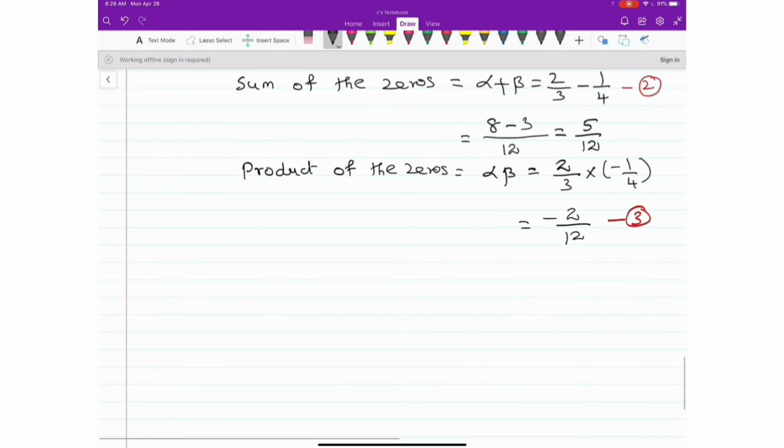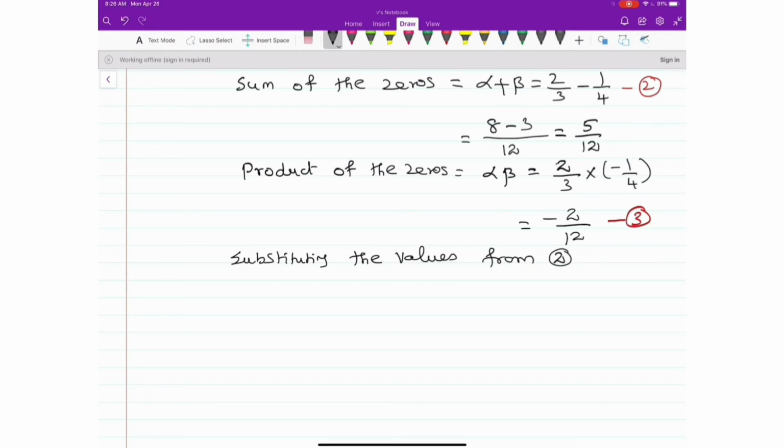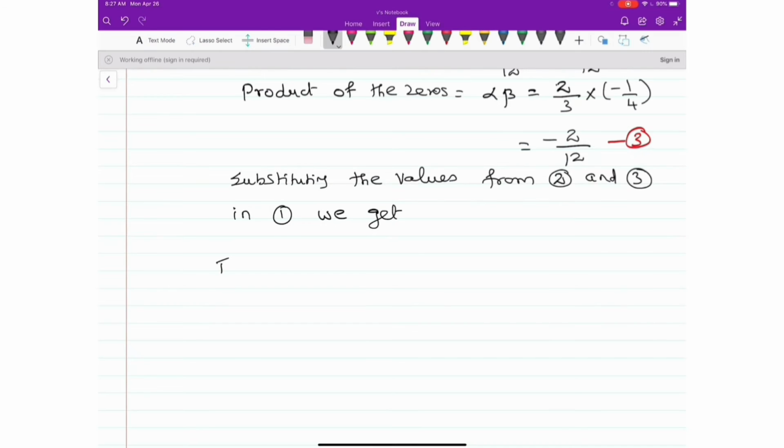Now, substituting the values from 2 and 3 in 1, we get the required quadratic polynomial f of x